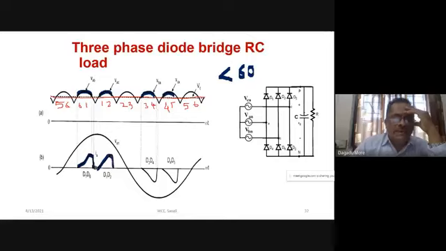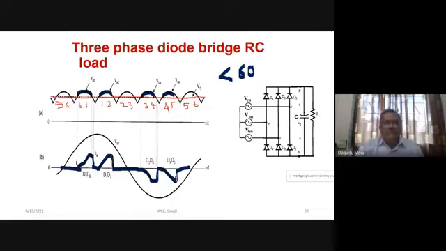So this will be the nature of the source current. Similarly, here D4 is conducting, so the source current will be negative. So how is our source current now? The source current has 2 positive pulses and 2 negative pulses. That will be the waveform of the source current of the diode bridge when we have an RC parallel